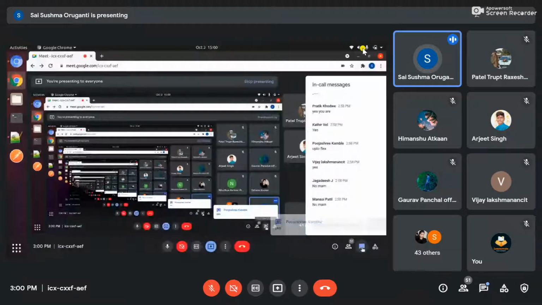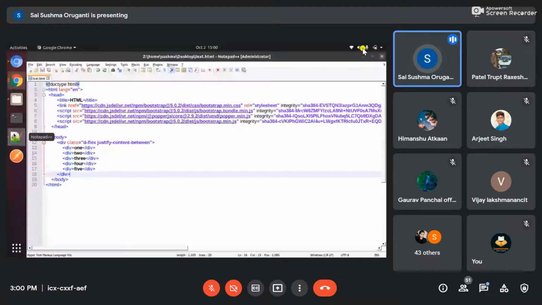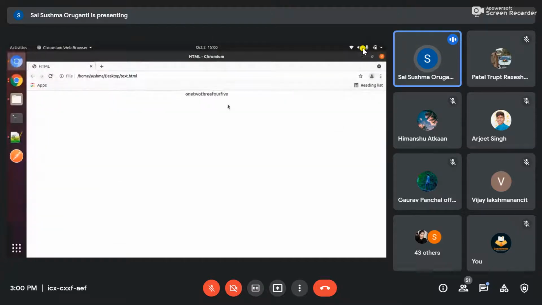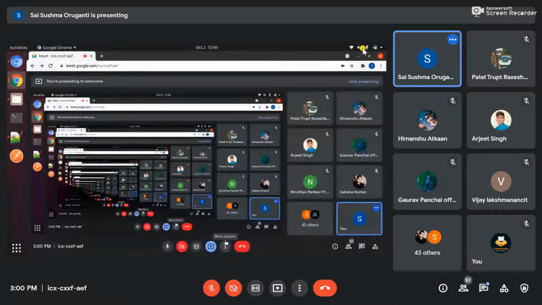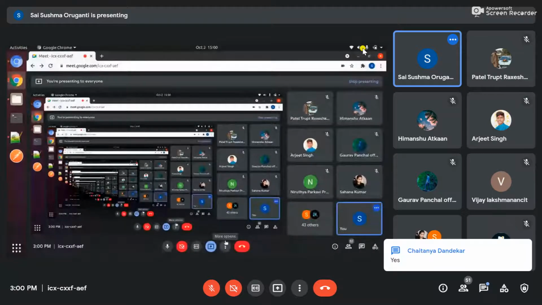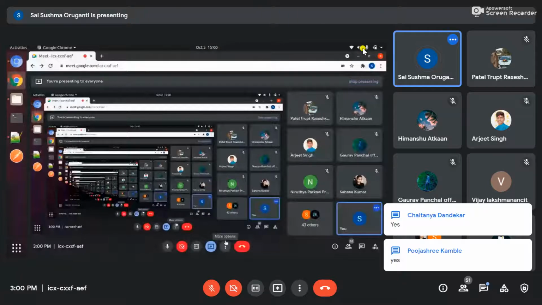So this is what I was discussing earlier. This is the d-flex, so we can divide rows and columns accordingly. So I'm just going to teach you how justify content is used. So justify content center I told earlier. If we choose this, it justifies the content in the center, like 1, 2, 3, 4, 5. Up to here you have heard, right? Guys, respond. Yes. Thank you.